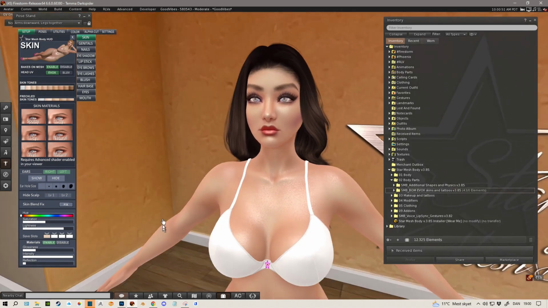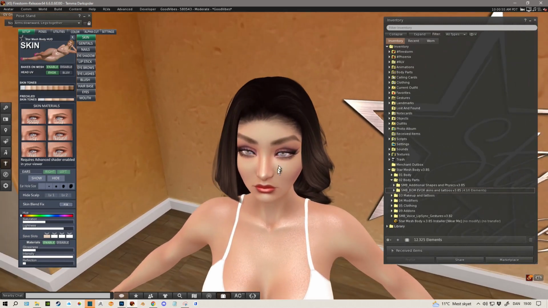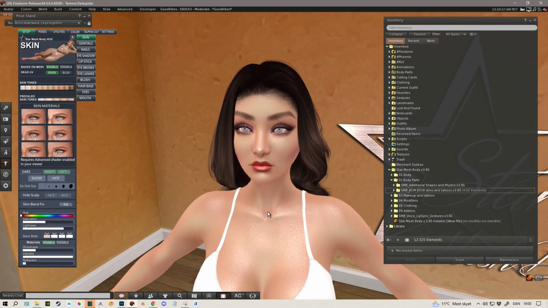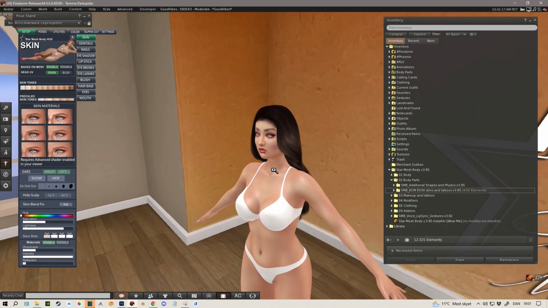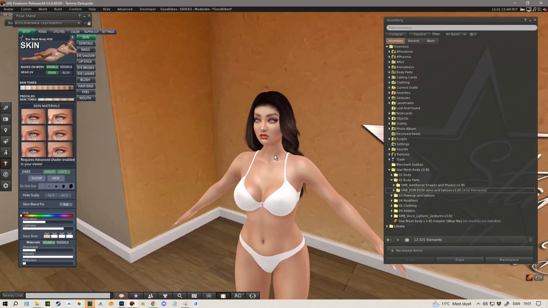Good. So I think, oh, and then there's the hide scalp. Sometimes with some head shapes, if you have a very elongated head, it might poke through your hair, and that's what those two are for. You can hide your scalp and hide it a little more, or choose what area to hide with those 2 buttons. They are sometimes a lifesaver if you have a favorite hair and it just does not fit with your shape and you are not happy about changing your shape to have it fit. This will